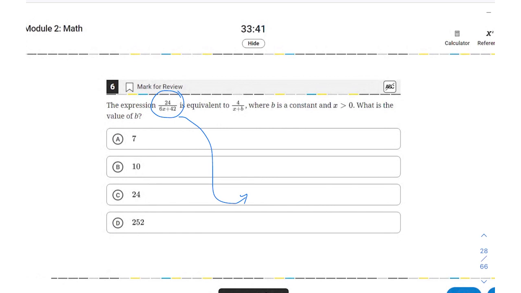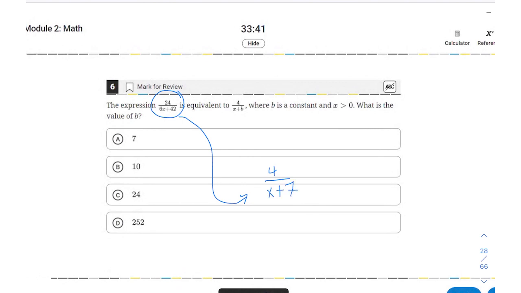So what number goes into all of those? And if you said 2, that's true. 2 does go into all of them. You could divide by 2, but you'll have to divide again after that. If you happen to recognize the greatest common factor, it's 6. 6 can go into 24, 6, and 42 evenly. And when you divide everything by 6, that's going to be 4 over x plus